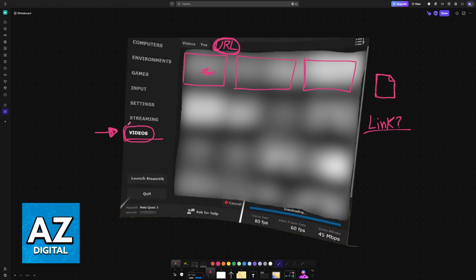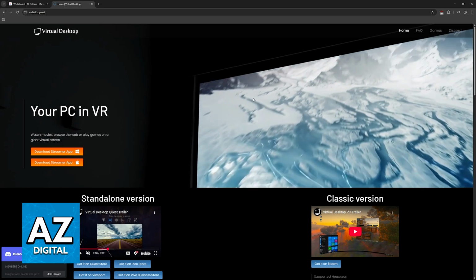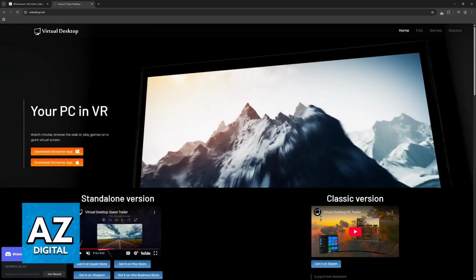This feature to play videos in VR and 360 is going to be available for any version of Virtual Desktop, with more features available on the latest versions. You can see the frame rate at the bottom, video frame rate, bitrate, and as long as you choose any of the files that you have available, you will be able to do playback in VR.